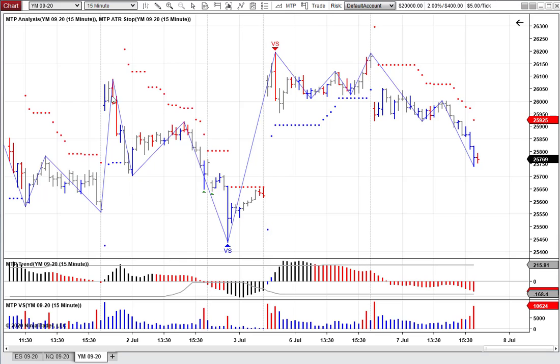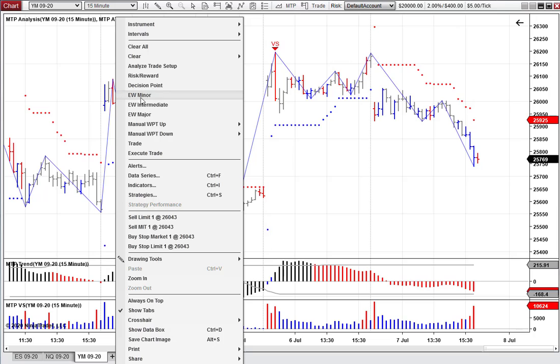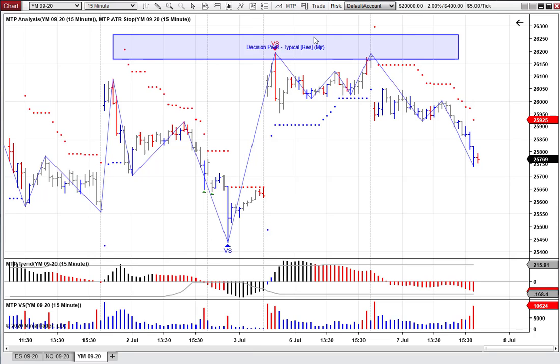If you remember, you right mouse click over a bar high like this, and then do decision point, and it gives you an area of potential support and resistance. That area of support and resistance is on the chart in advance before the market gets there, and as you should already be familiar, it's a good place where you'll see market reversals. For example, the 15-minute chart of the YM reversed right at the typical